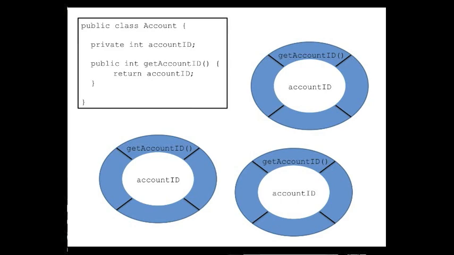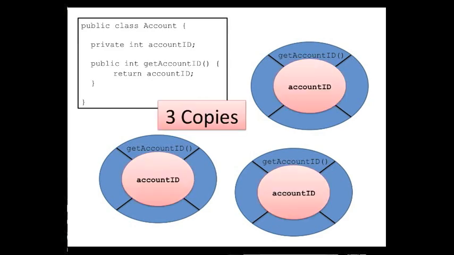That means we have three unique copies of account ID and three unique copies of the getAccountID method, or at least that's what we're going to tell ourselves at the moment. So let's reinforce that idea. Three unique copies. Every object instance, if that variable is an instance variable, in other words, not tagged static,